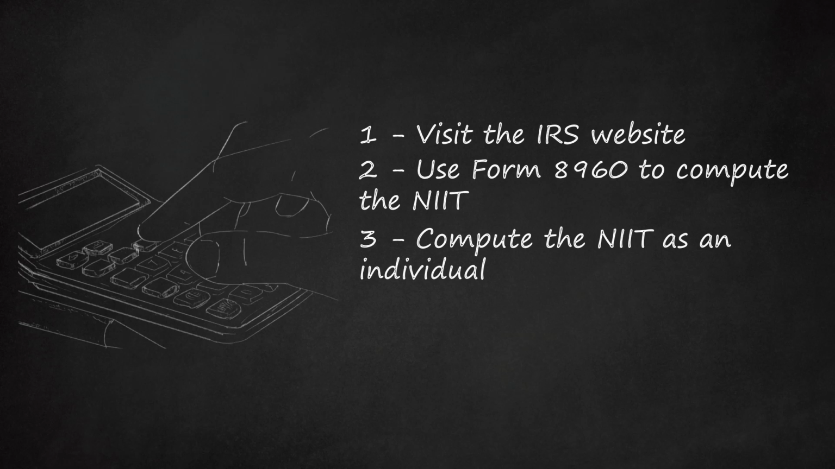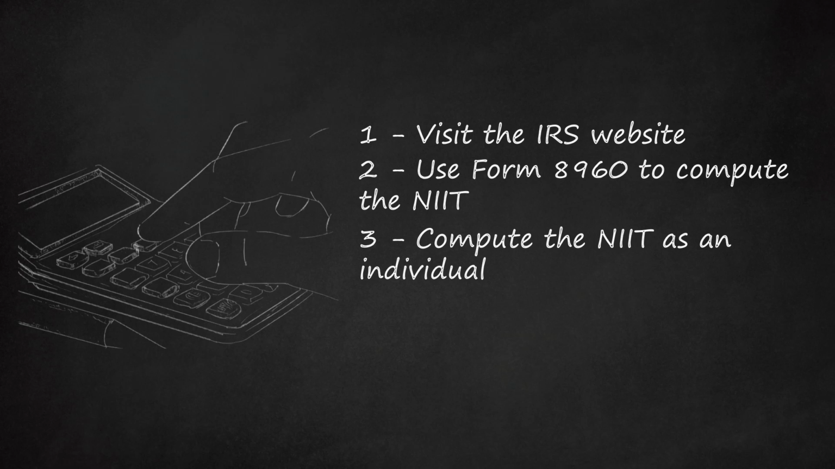Next, compare line 15 and line 12 and input the smaller of the two numbers in line 16. Finally, you will multiply line 16 by 3.8%, 0.038. This is the NIIT. For example, assume you have a net investment income of $70,000, your line 12 value, a